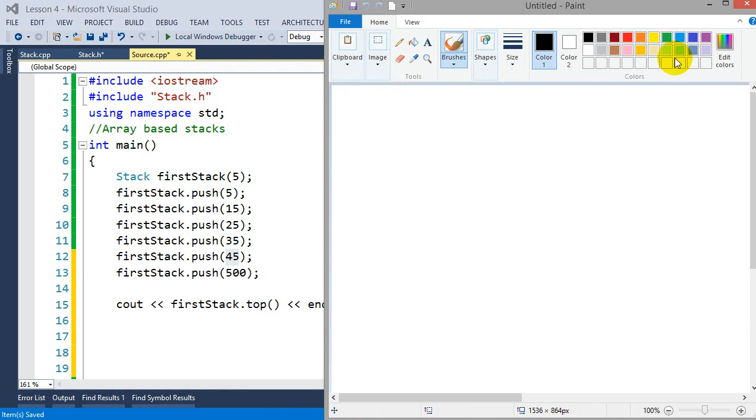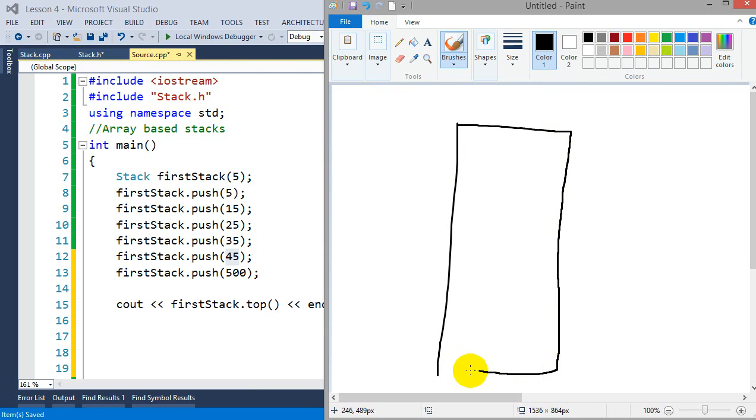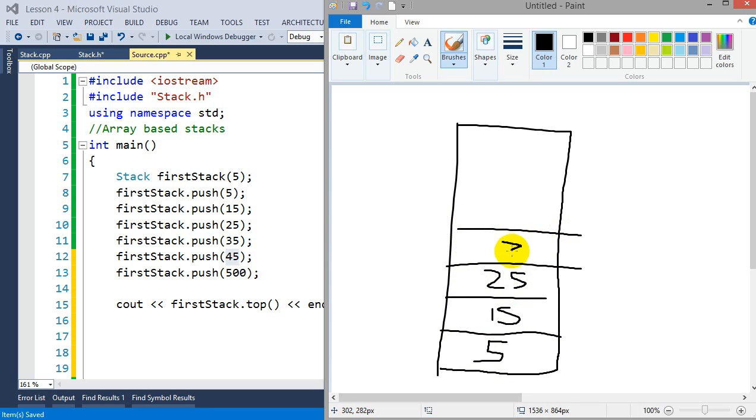With this implementation that we currently have, we have our array that's being built, or our stack. This is our stack. The first item that got pushed on was 5. So this is what happens with the stack: first item goes on, 5, then 15, then 25, 35, and so on. That's how a stack operates. It gets stacked on top. So our top currently, if we said top, this would return 35 because that's our top